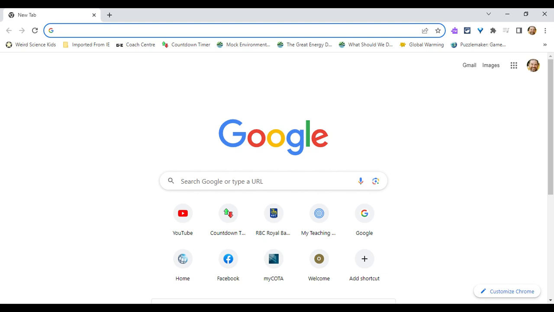I'm going to walk you through briefly some of the steps that you will need to take to create your power poem using your Chromebook today. So first of all, you're going to log into the Chromebook using your student Google account,